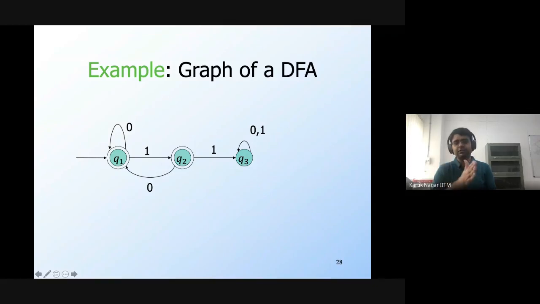In order to find out whether or not a string is accepted by the DFA, you simply run the DFA on that string. If you begin in start state Q1 and you process 0, you end up in Q1 itself, which is also a final state, and therefore it's accepted by the DFA. 1 is also accepted because 1 would transition you from Q1 to Q2, and Q2 is a final state. So what's an example of a string that's not accepted by the DFA?